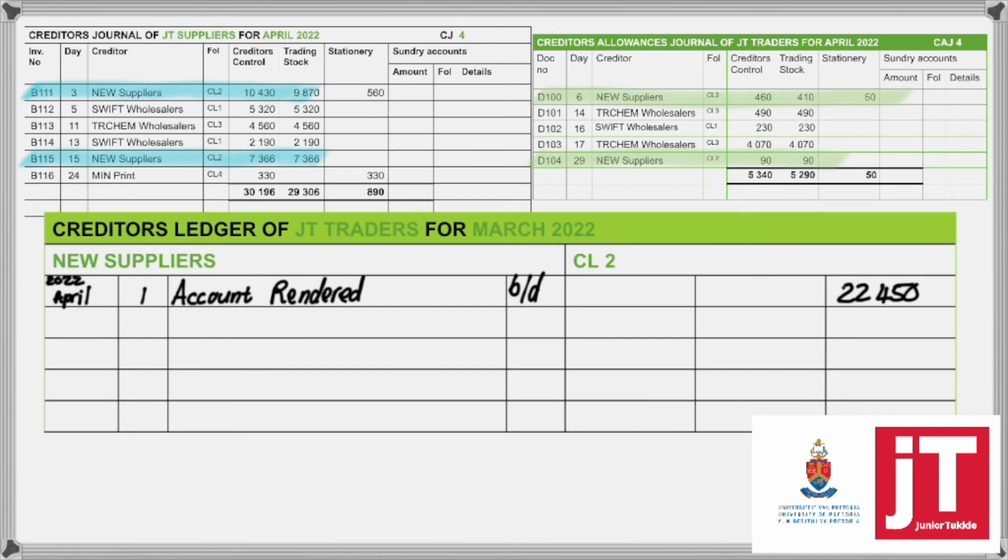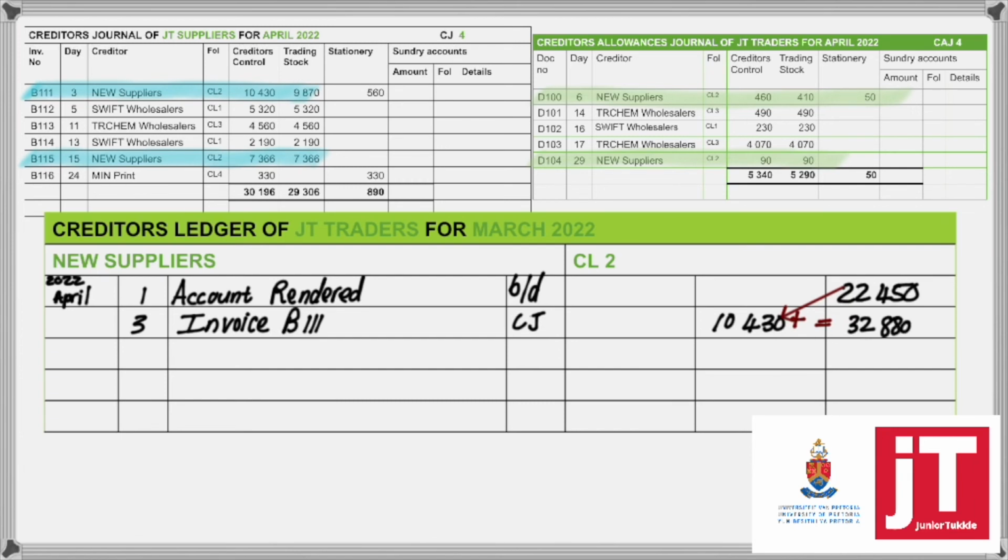And because I'm working in the creditors journal, you must know that I'm working with invoices. So April 3rd, invoice B111, creditors journal, 10,430. And now to get the new rollover balance, you're going to take that 22,450 and you're going to add the 10,430, and that will then equal your new total of